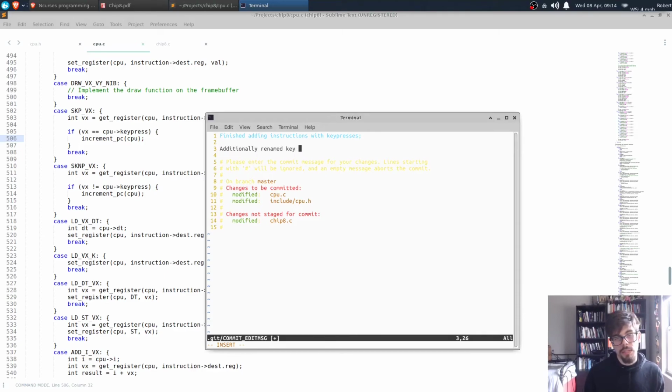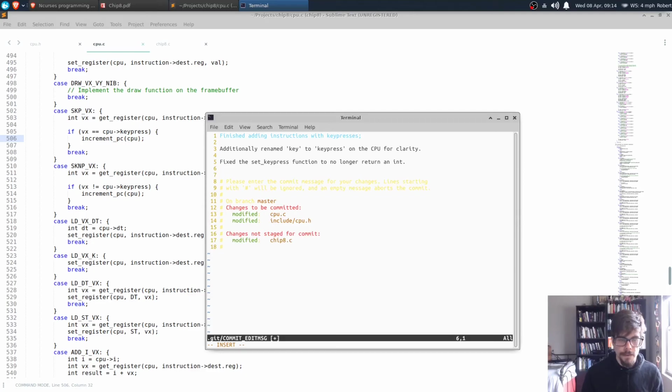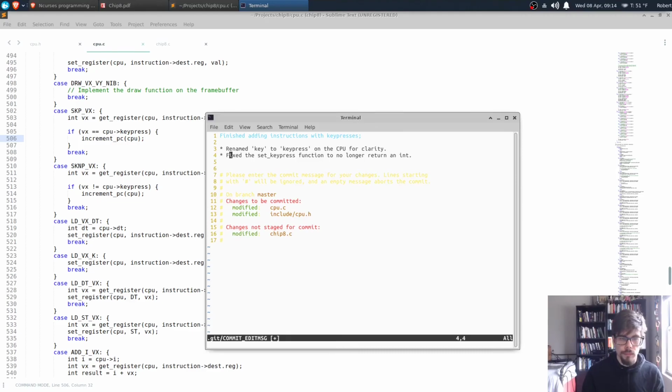We renamed key to key press on the CPU. We fixed the set key press function to no longer return an int. And then the last thing we did was